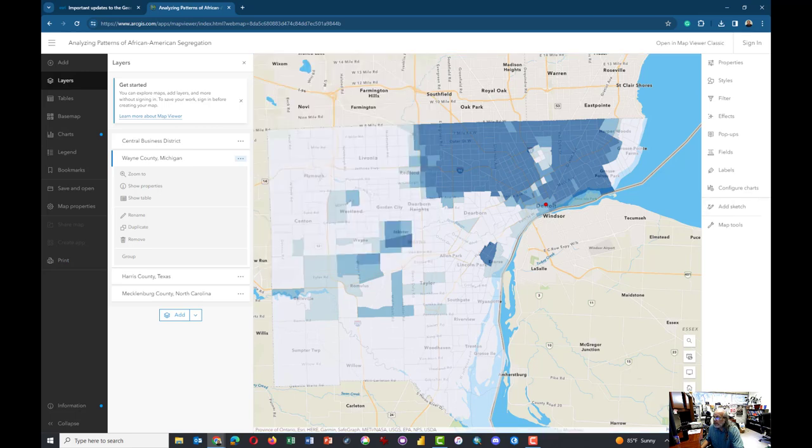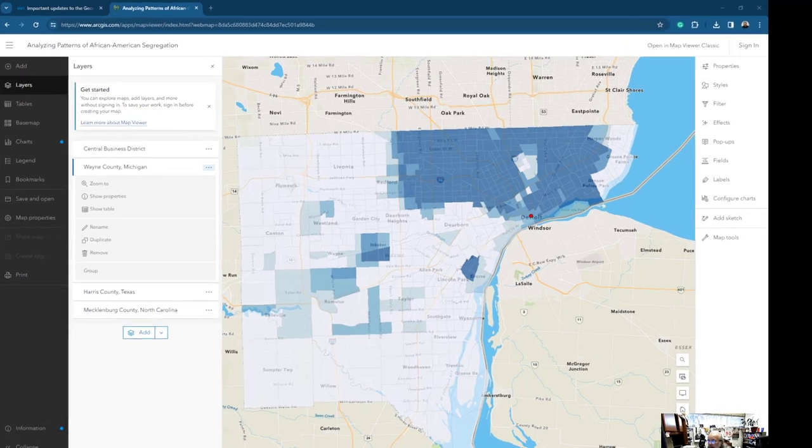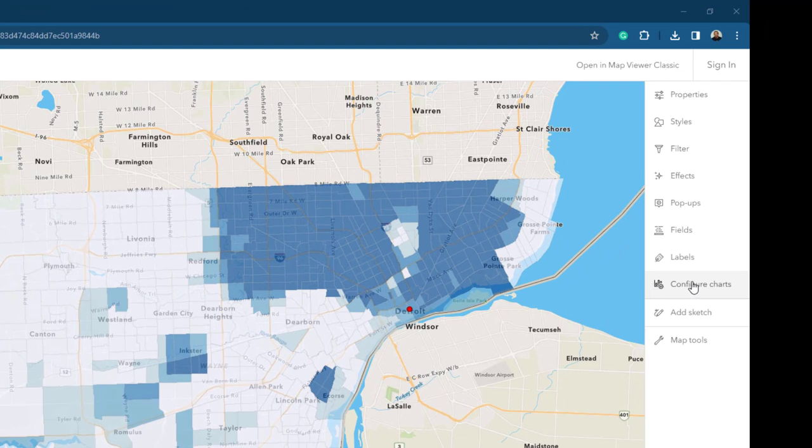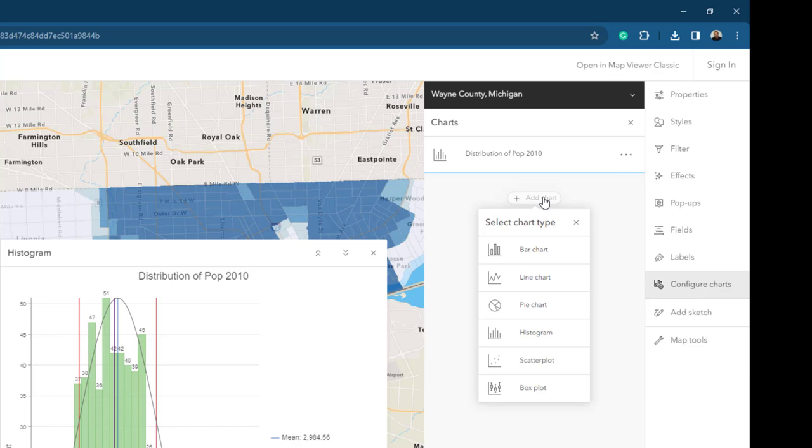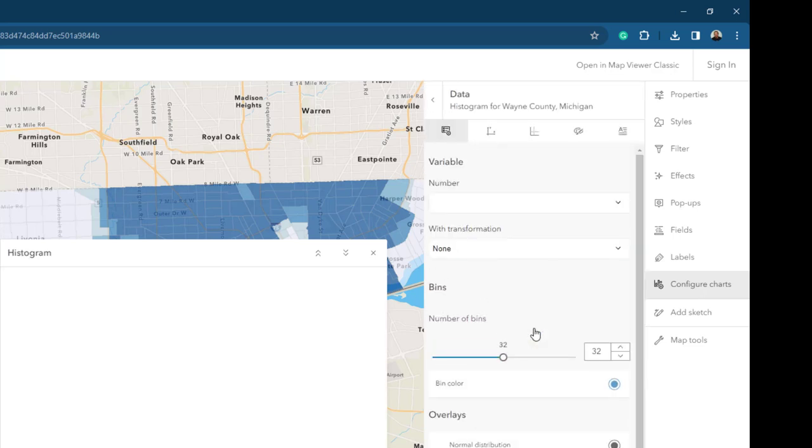So one of the ways that we would want to analyze this pattern is through a segregation index, and you can see it on the map with your eyes that Detroit and Wayne County here is quite segregated. But the other way to do it is to calculate what's called the dissimilarity index. We'll do that first by configuring a chart, and we're going to add a new chart. Once again, it's a histogram. Click on that,